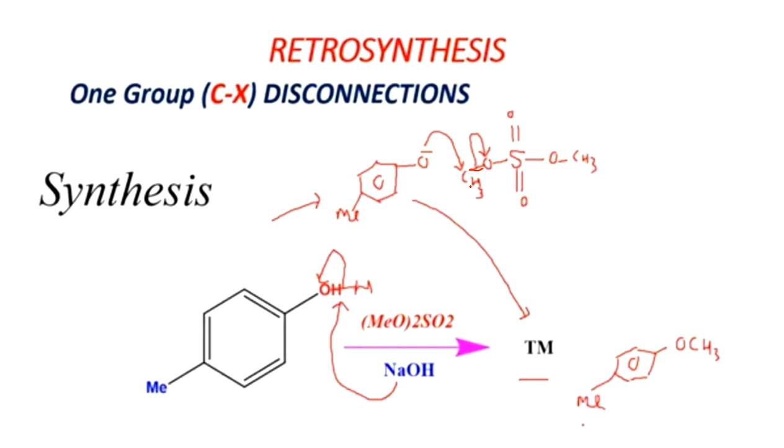So here there is also a formation of inductive effect. This negative charge can attack this positive methyl group. So we are getting our target molecule. This is nothing but our target molecule, and this is an easier way to do the synthesis of this compound. Like this compound, we are going to study different compounds, their synthesis as well as retrosynthesis.